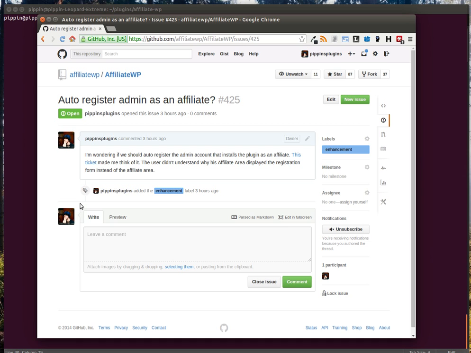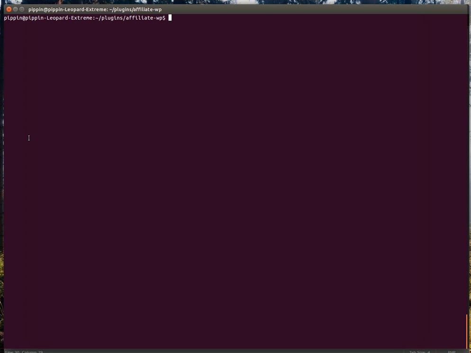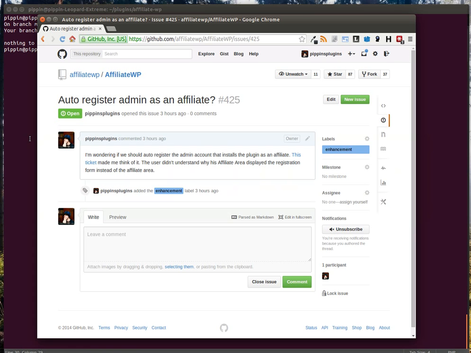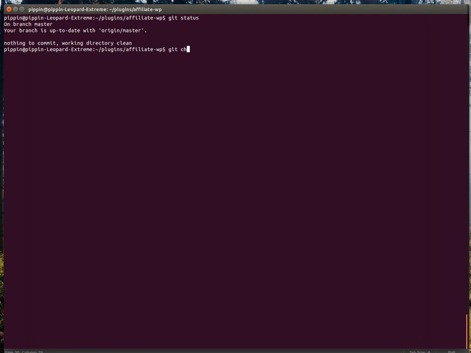So first of all, we have a master branch. And if we do a git status, we see that currently we are on our master branch. Now, one thing that at least I think you should do anytime that you're working on a new bug or a new feature, is you should always work from a separate branch. So don't work directly in master. So I'm going to work on this bug. I'm going to look at this and I say this is issue 425. So I'm going to go create a new branch. Git checkout -b